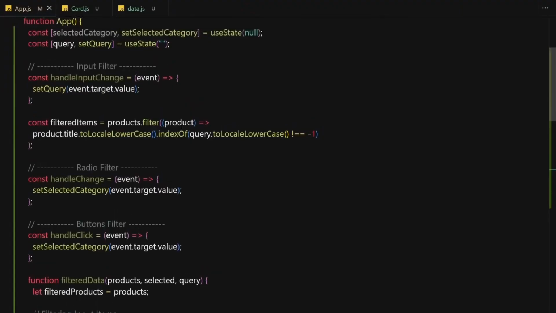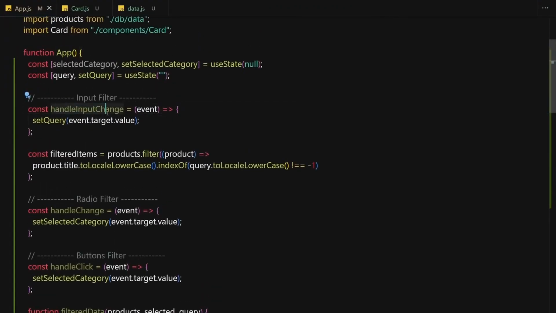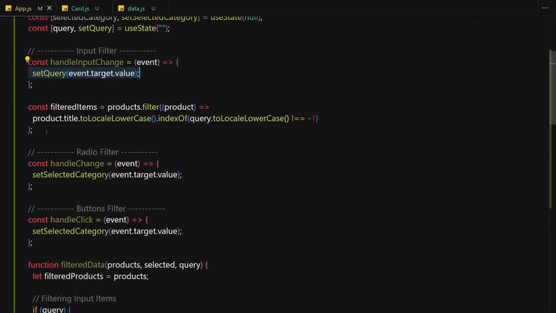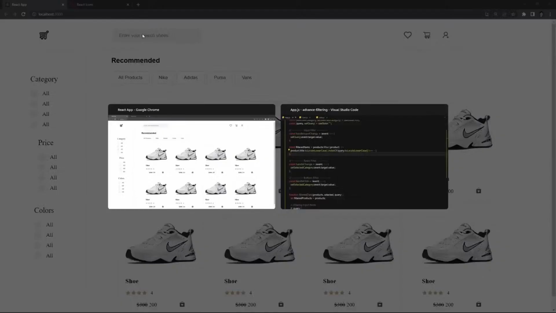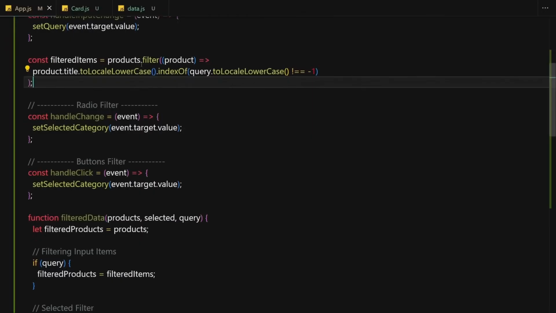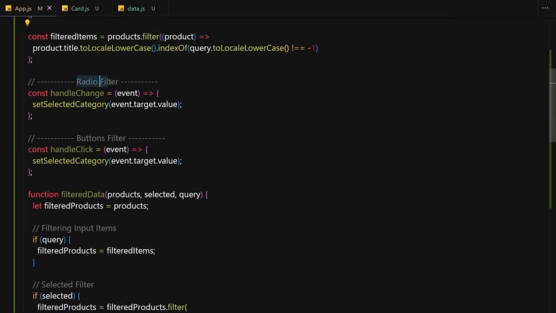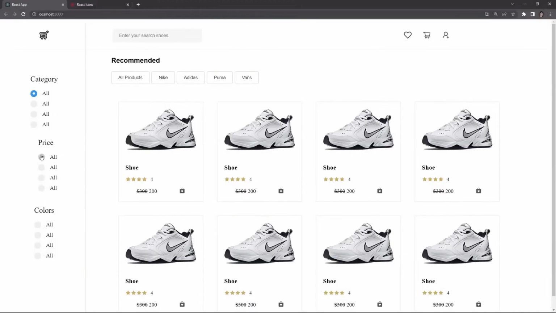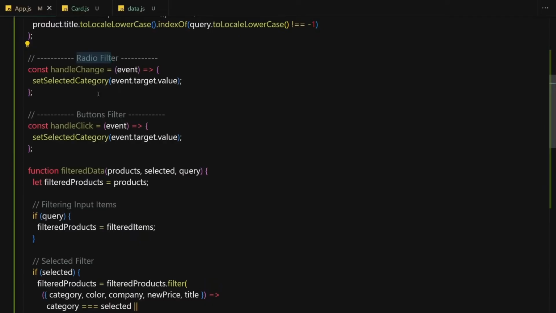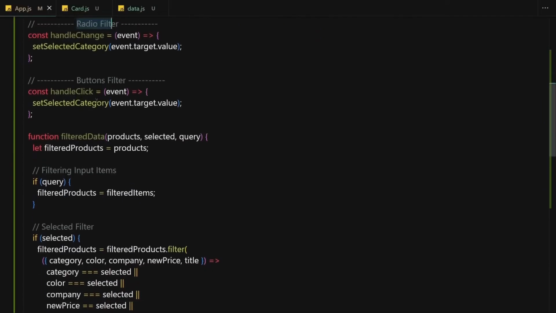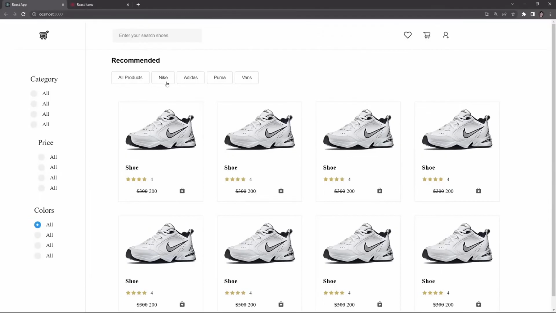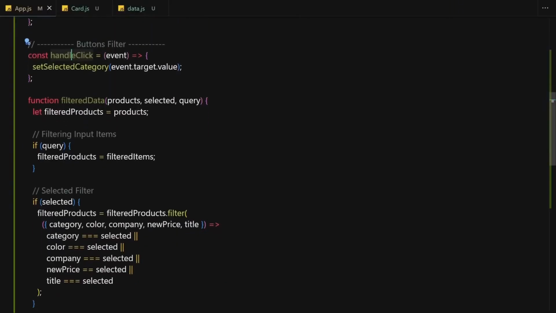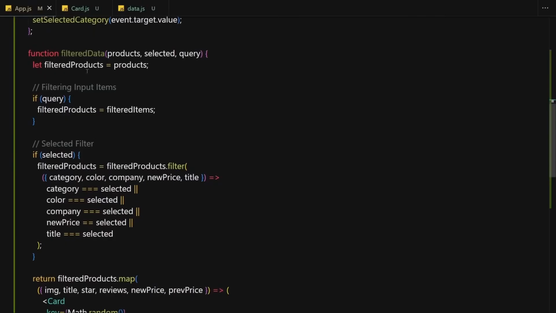But hey, here you can see, now if somebody types something in the input, we are going to be getting their value. Then here we are iterating over every single character that the user types inside this input box right here, and we are just getting our filtered items. Then we have our radio filter, and we are iterating over all of these filters. Like if the user clicks on this one or this one or this one, we are just getting the value of them. And then we have this handle click, which will be responsible for these buttons right here. And then finally we have this function right here,